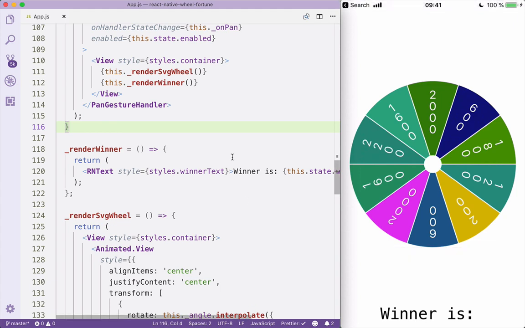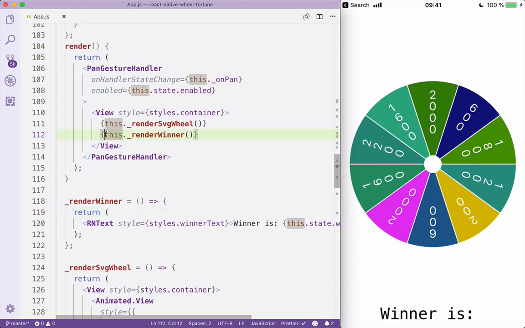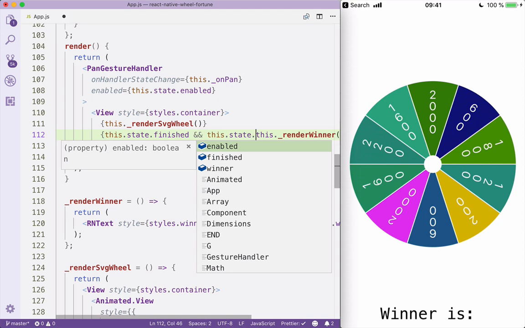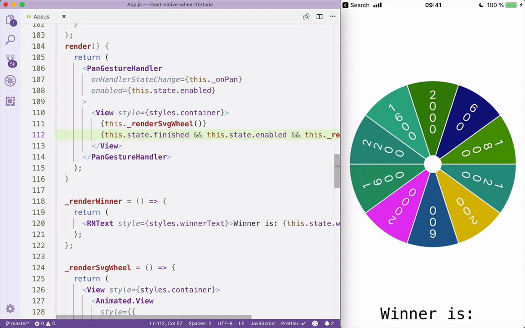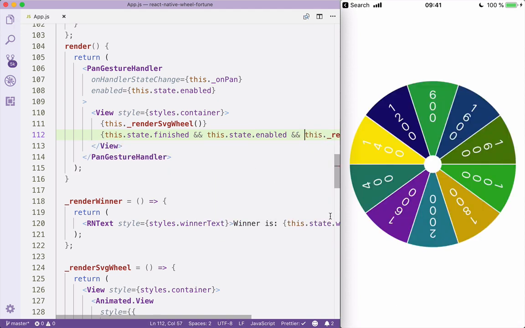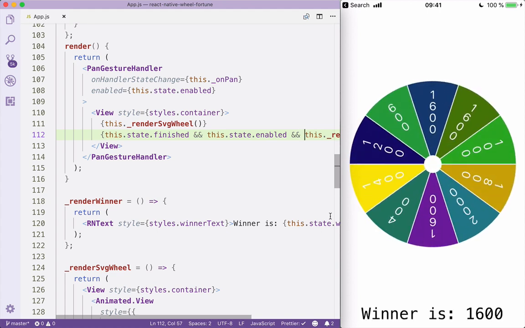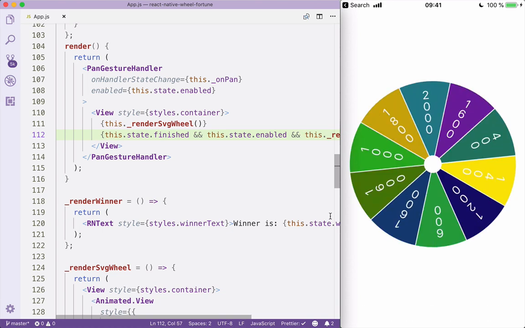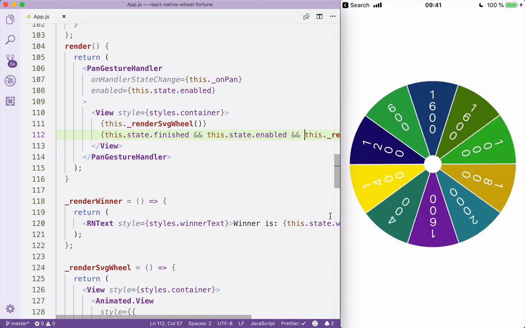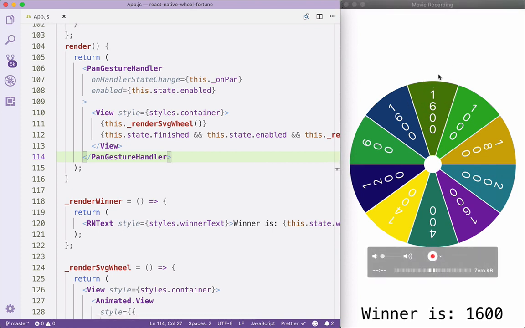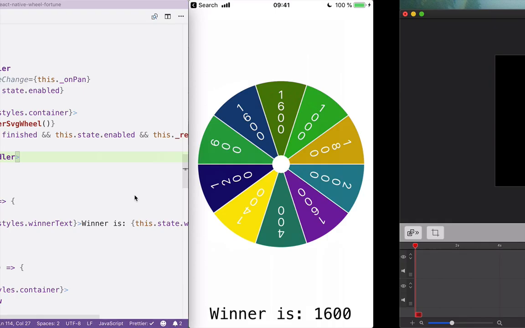And as you can see, we already displayed it, but we want to ensure that the animation has finished and the pan gesture handler is enabled. Then we want to display the winner. So now it is going to snap and is going to show the winner after that. And now when you swipe again, it is going to remove the winner and then start the animation. This is great. The only thing that remained is the knob here,